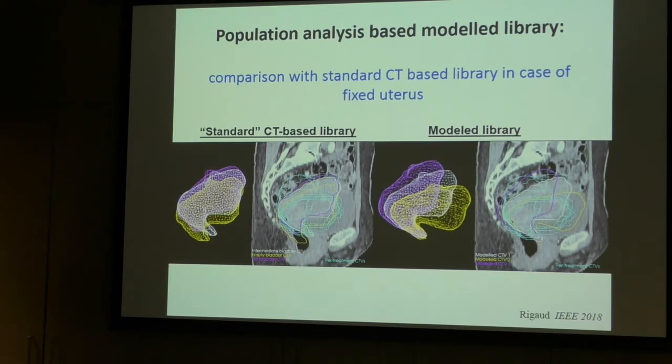Because the problem of the pre-treatment library is that if the uterus is fixed, you are not able to generate the uterus motion, and the uterus can move during treatment just because of tumor shrinking. So by this approach, it was possible to really